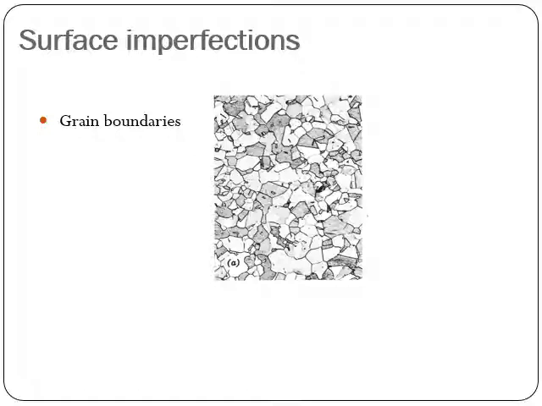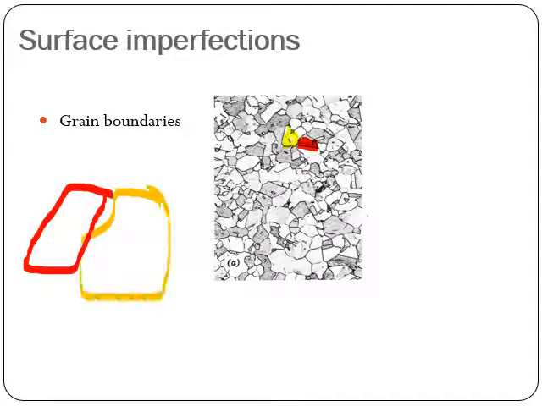A group of atoms which are oriented in a different direction, we call a grain. You can see here different colors, one black and one white. This structure we call a grain. One more grain you can see here, which is oriented in a different direction. So if I have this as one grain and this as one more grain, and you see these in a microscope, the grain boundary is not properly matched, meaning they do not meet exactly like a perfect match.